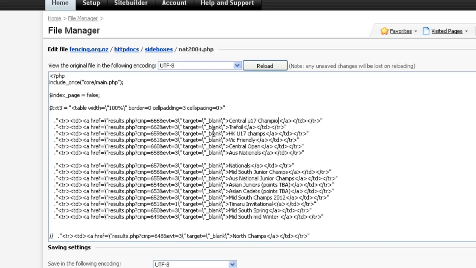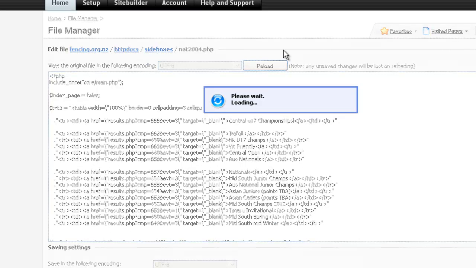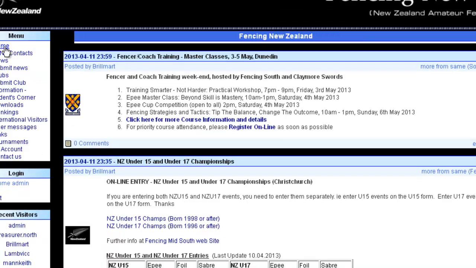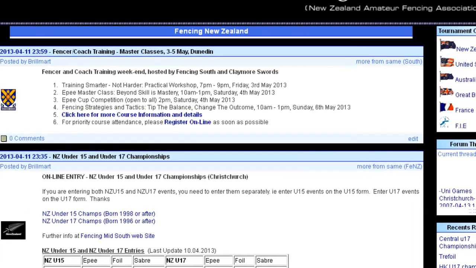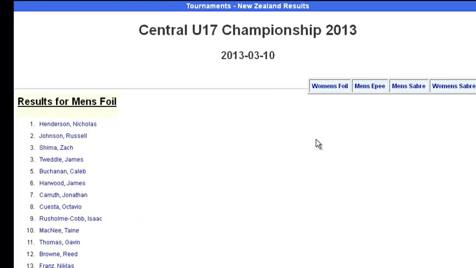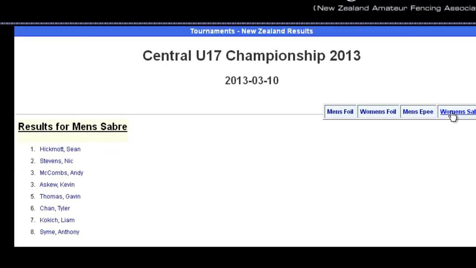and then I can go and name it Central Under 17s Championship, and then can go and save that. I can then go back to the website and just double check that it has actually taken. Yep, we can see the right side, Under 17 Championship. And behold, here are the results, and they will